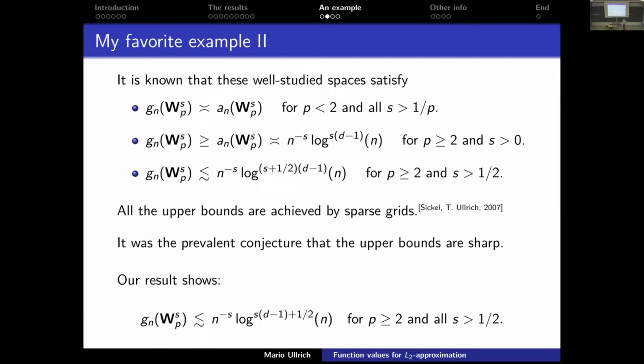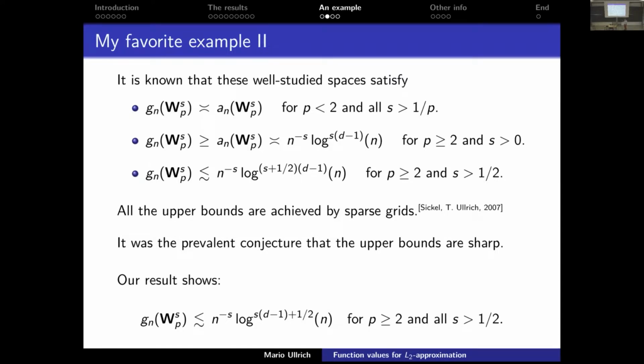And it was just the prevalent conjecture of many people. You might ask several people from Bonn who were working on that for quite some time, they thought Smolyak is optimal in this case. And what you have to do to find the optimal order is prove lower bounds. I know many people who tried to prove lower bounds for several years, right? And at the end, it turned out that this conjecture is wrong. So it's not basically our result, that should be fair. In the case p equals 2, this was proven by Tino, Ullrich, and colleagues. And for p larger than 2, that's just an easy embedding. So let me skip that and just say right here, we know now. So it's not our result here, basically. But yeah, let me come to that in the next slide.